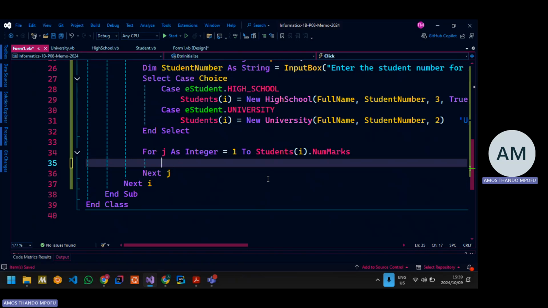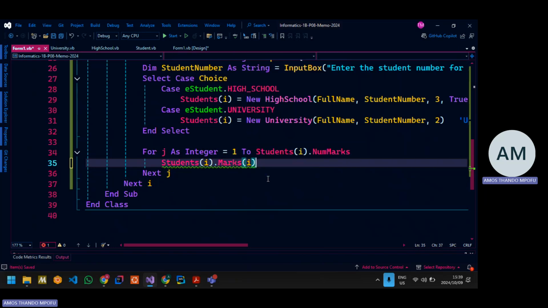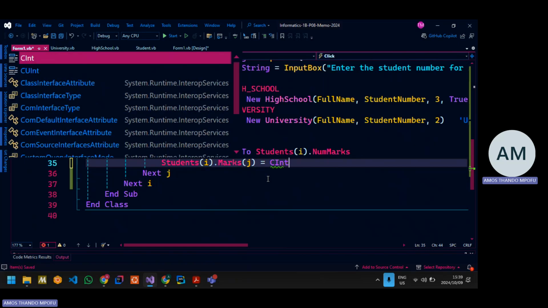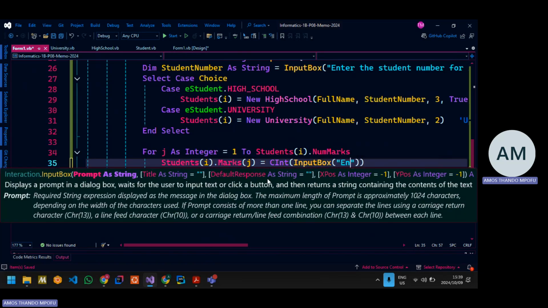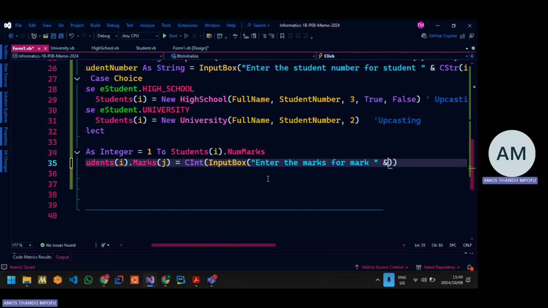So I need to say students i dot marks at index j is equal to, remember marks are integers, so CInt InputBox, "Enter the marks for mark 1, mark 2, mark 3, and so forth." So ampersand CStr(j), ampersand